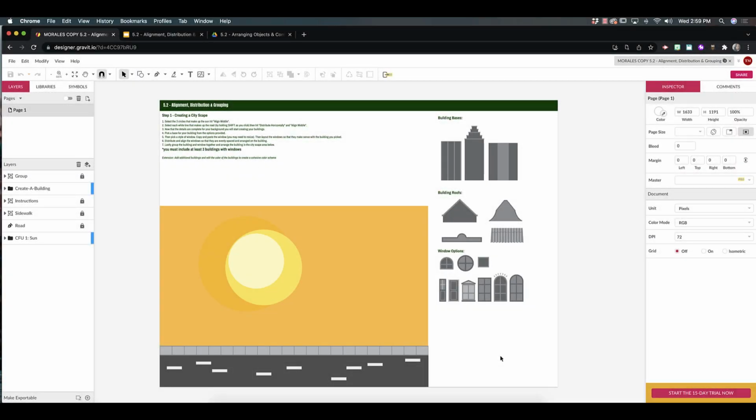So today in class we discussed the idea of alignment, distribution, and grouping. It's something we have to do a lot to keep things really organized while we work. So to put it into practice, we're going to be creating a cityscape, which is just a layout of a whole bunch of buildings. But we're really going to rely on this idea of alignment and distribution to make our buildings look really evenly spaced and really organized, and also some grouping to make it easier for us to resize and